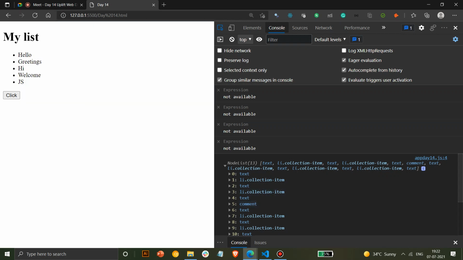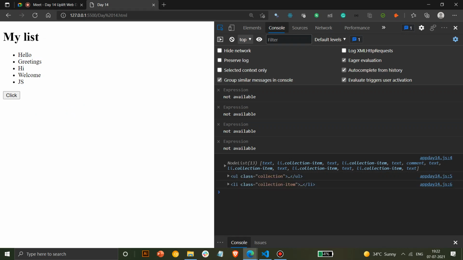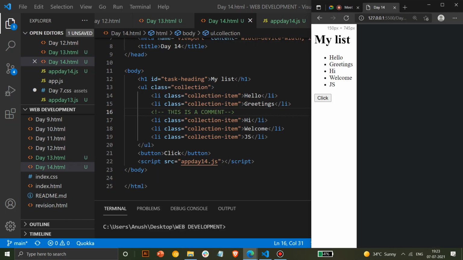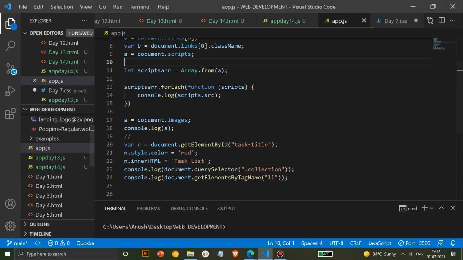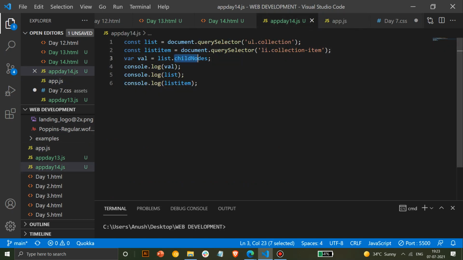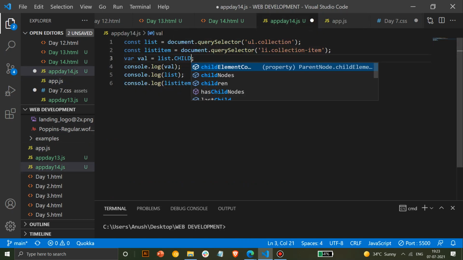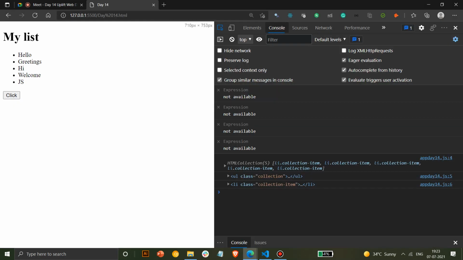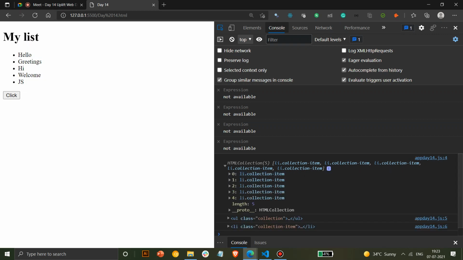Even if you add any element and remove it, or add an empty div, it considers this. But we won't require this text anywhere as of now. So to avoid that, we have something called children. Same thing, but the difference is child nodes shows all the nodes, and with children you only see li elements. It won't show the text elements. So now if I show this, it will only show 5 elements, all the li elements, in the form of a collection.